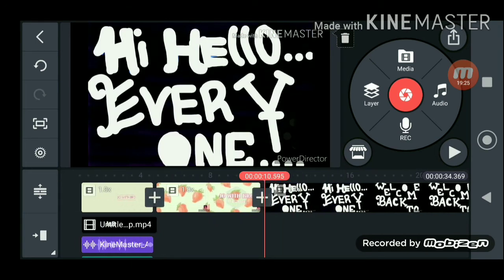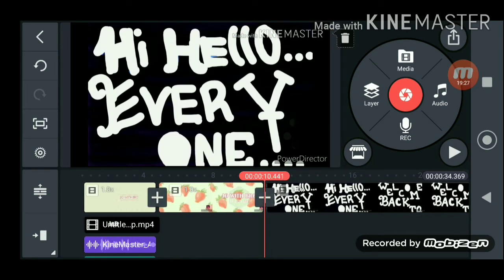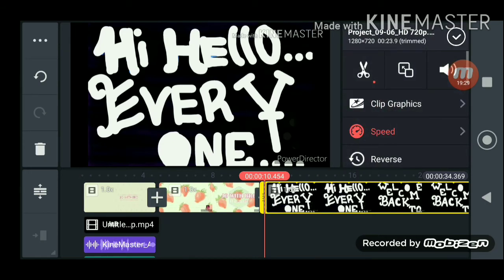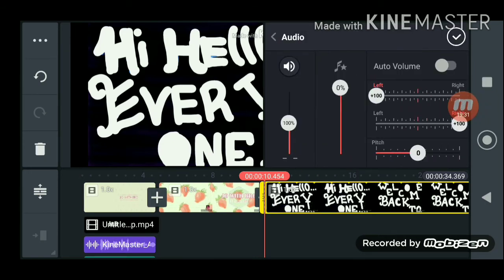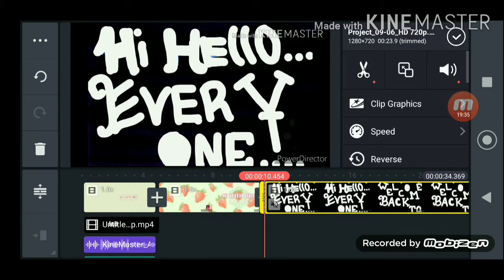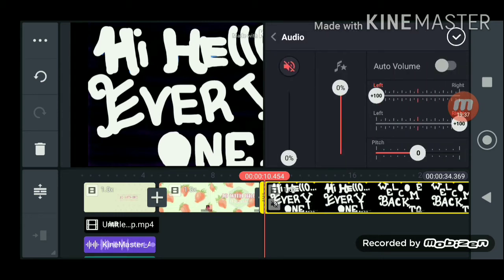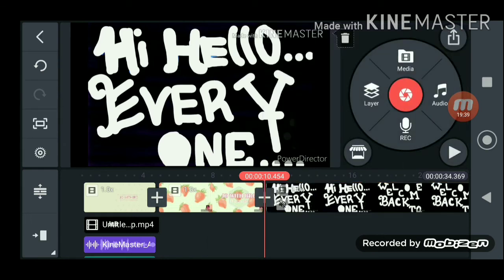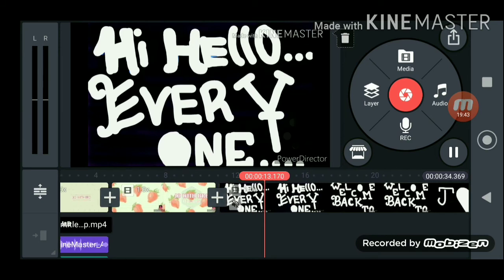This one I want to change. So how will you change it? There's already music, so you just go to the sound button, decrease it fully or mute it here. Now I did not click on the plus button, so it will not change. I need to click the tick button. Afterwards, the music is not coming.